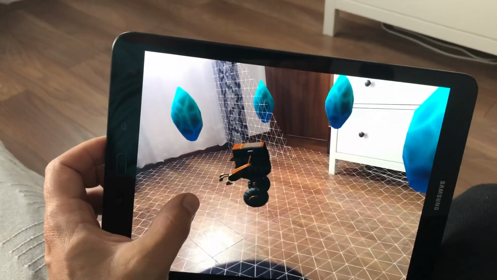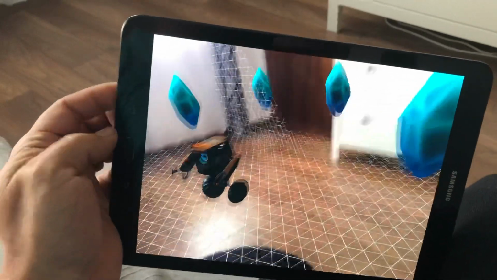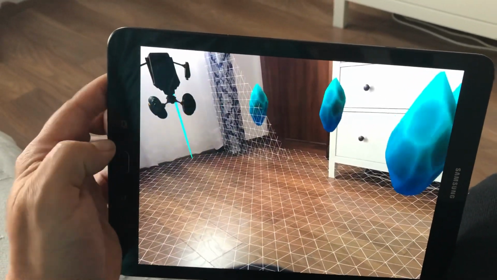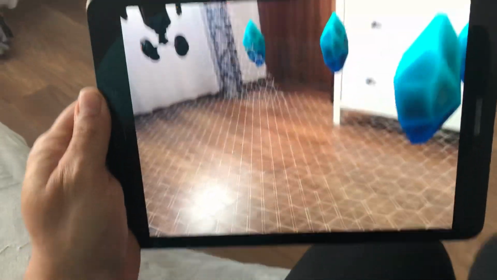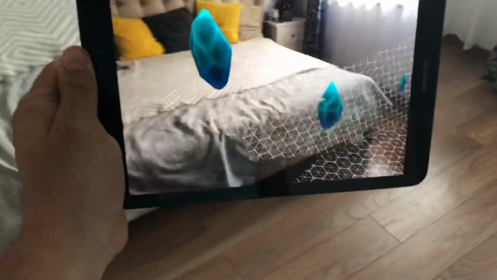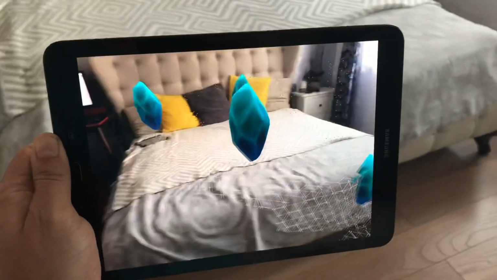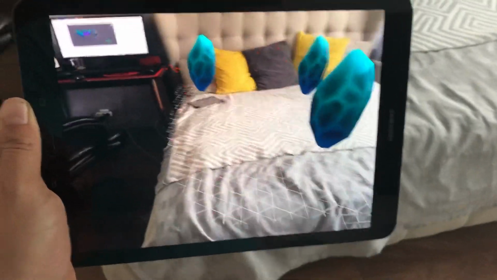So look, I'm not interacting very well because, well, the tablet is huge and it's heavy, and I'm also filming at the same time. But anyway, the proof of concept is that